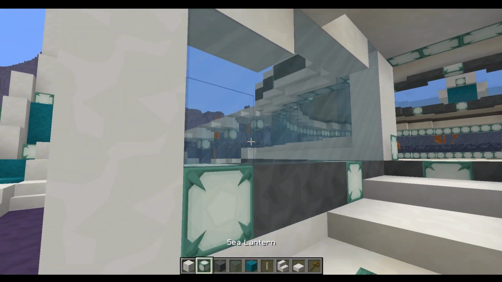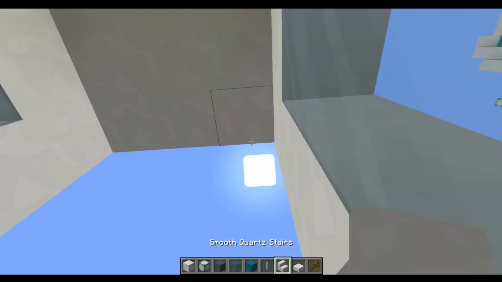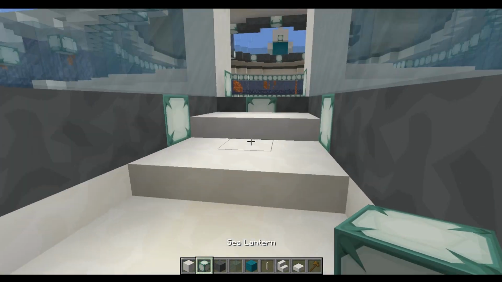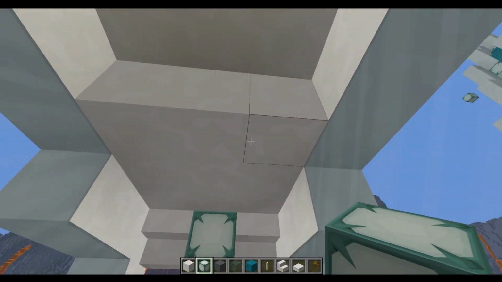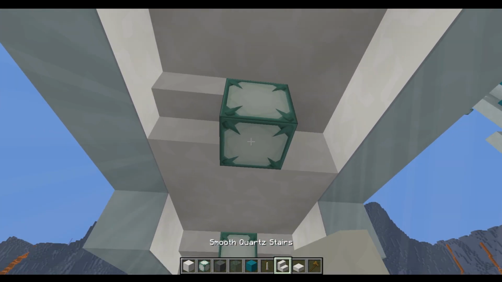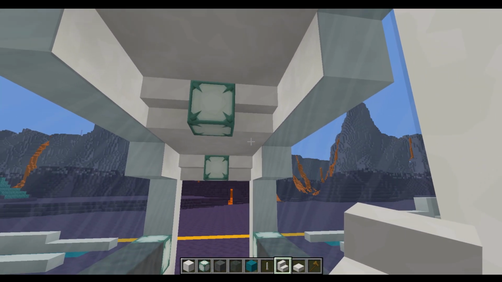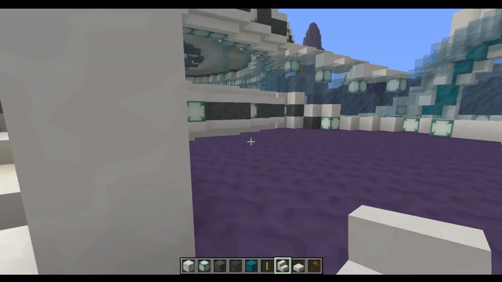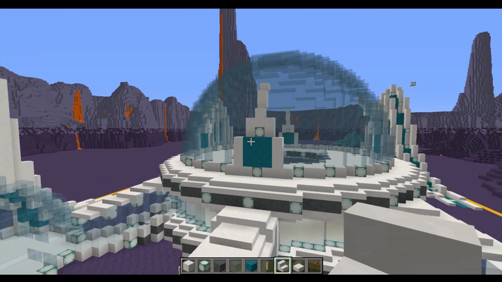Now we're just going to add some final detail to this on the inside, so we're going to place an upside down stair here and here with a sea lantern in between, and then coming up here as well to the second step up with the roof, we're also going to smooth that out using some stairs and some sea lanterns. And that is now the entrance finished, and now we just have some of the detailing on the side